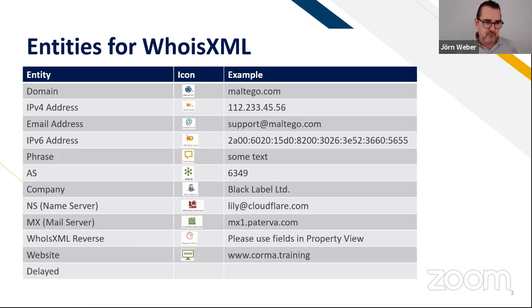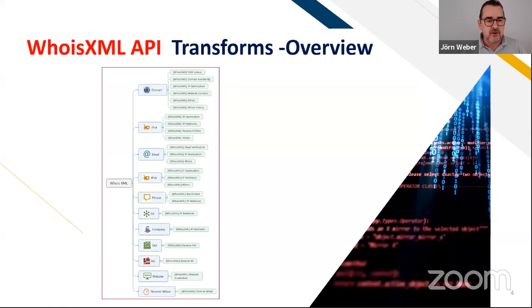And then you have a lot of possibilities that you can do. For the company that is connected here, this is the company entity made by Social Links. It's connected to a number of interesting transforms. I will also show you that. So it's not only focusing on the Whois data; I'm trying to show you how you can connect things with this data. And here is an overview of the transforms that we can see. So for domain, IP, email, there's a lot, and then we have some, let's say, single ones. I guess in total we have 14 new transforms.